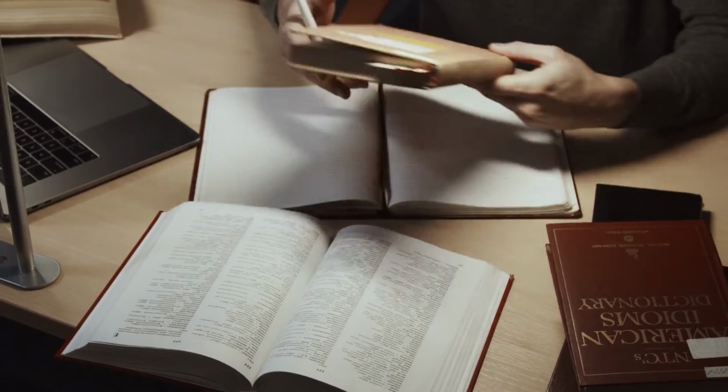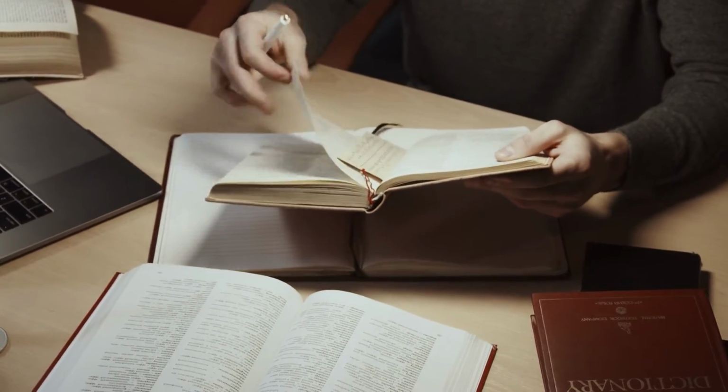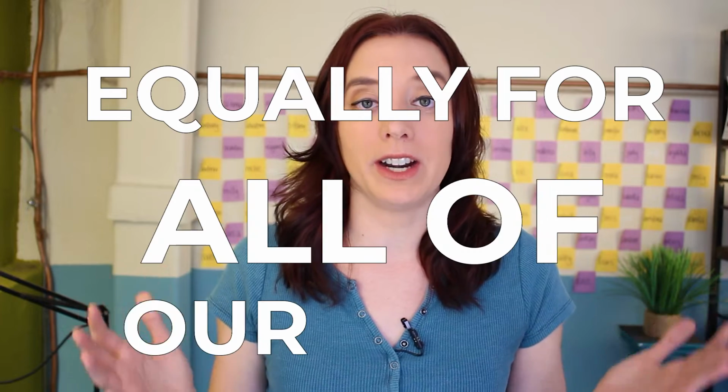The other thing that we want to really make sure we're doing is dividing out those days so that they don't clump together, meaning we're not just studying 3 to 4 days before every single final. Most of us can't do that because of the way that our final exams are allocated. But more importantly, we want to make sure that we are capitalizing on the beginning of that final exam study period equally for all of our exams. Because what tends to happen is that final exam period is about 2 to 3 weeks long, and it is exhausting. Your brain is going to get more and more fatigued as you make your way through that 2 to 3 week period. And so what we want to do is make sure that we're giving equal love and attention